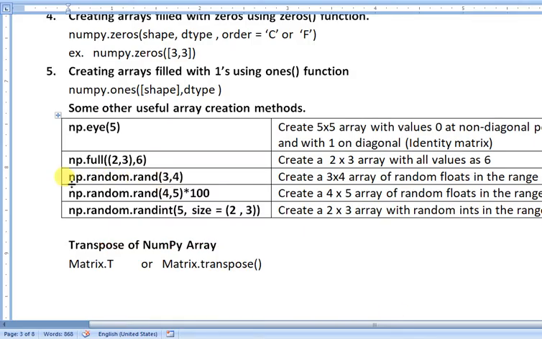Next is, suppose you want to create an array with some random values, so 3 comma 4 creates a 3 into 4 array of random floats in the range of 0 to 1.